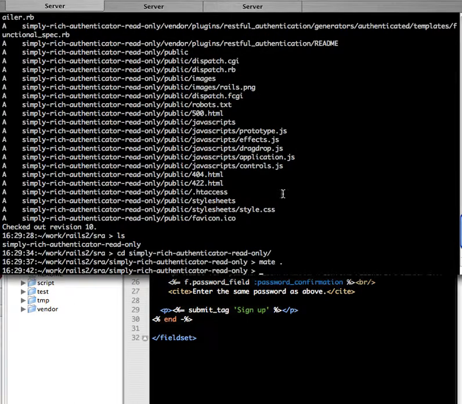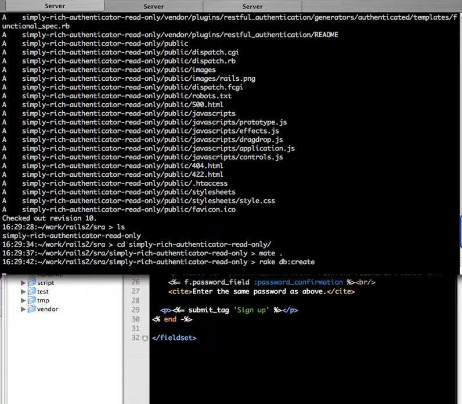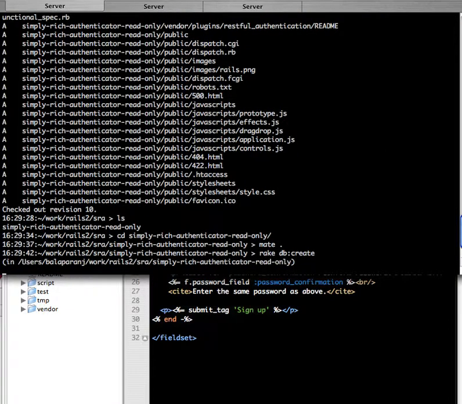And let's do rake db create and then we'll create the users table. Okay, rake db migrate,